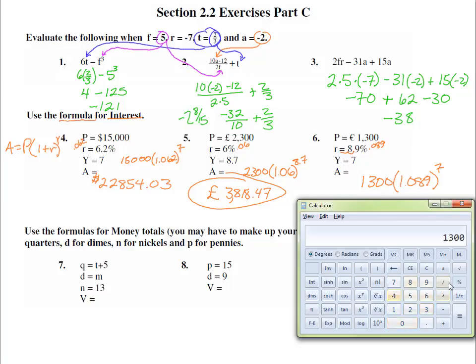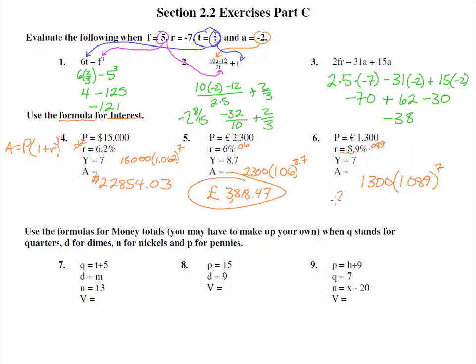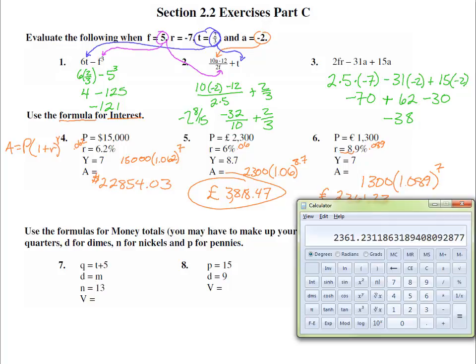1,300 times 1.089 all to the 7th power equals 2,361.23. 2,361.23, and this is in euros. There we have it. We should note that on these calculator problems, you could manually do the order of operations